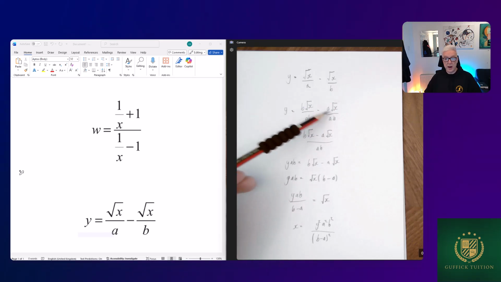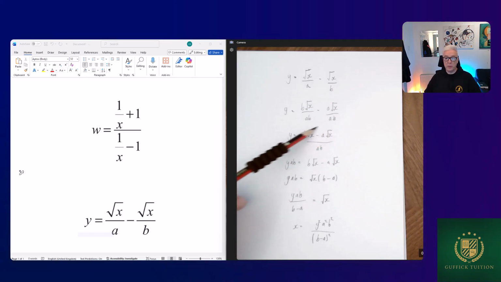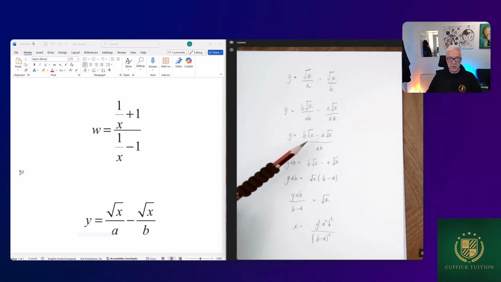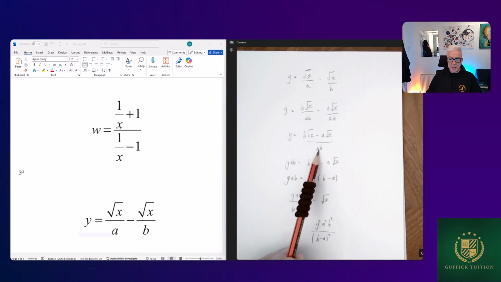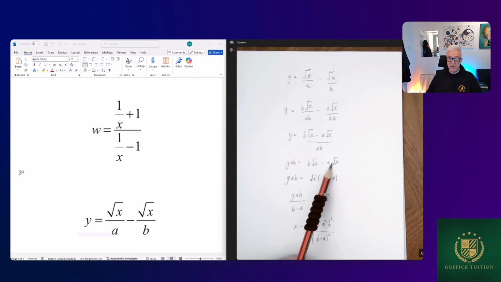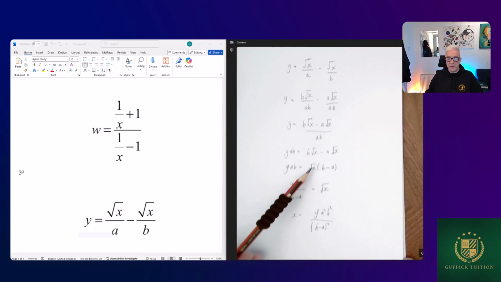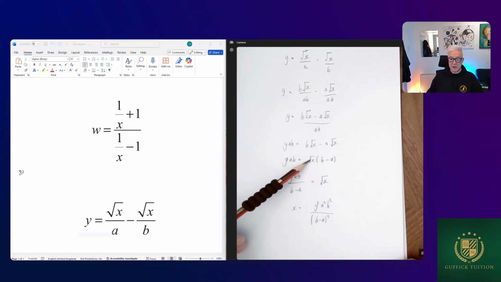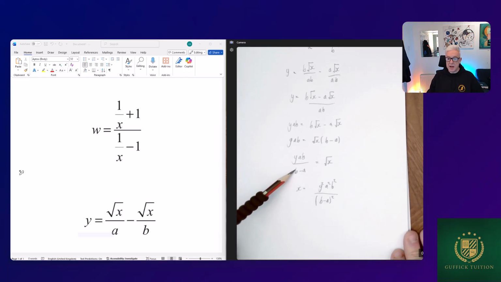And now that I've done that, I can get the whole thing over one common denominator. And that very often really helps with these kind of rearrangements. So now I'm going to times everything by ab, so y times ab is equal to root x times b minus root x times a. Then I'm going to factorize out the root x, because remember we're trying to make x the subject in both of these formulae. So factorize out the root x, divide by the b minus a, and then finally just